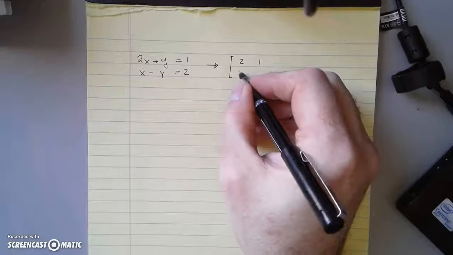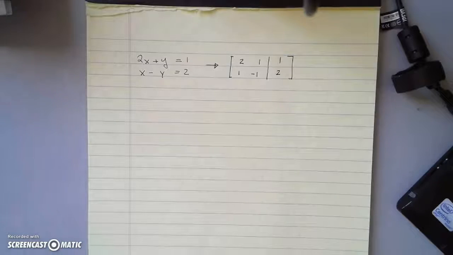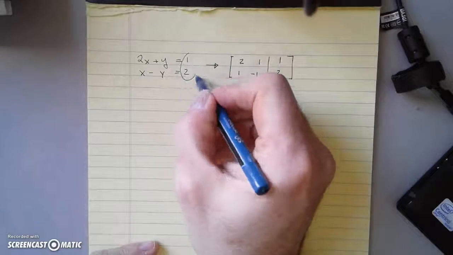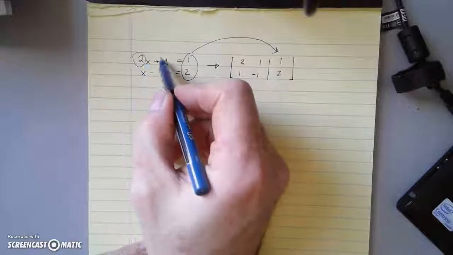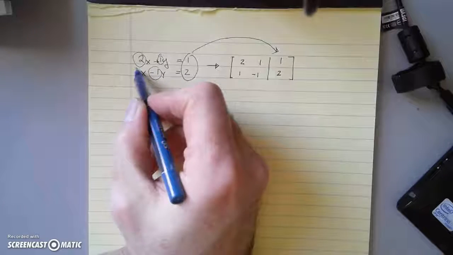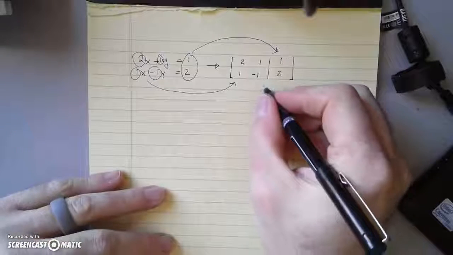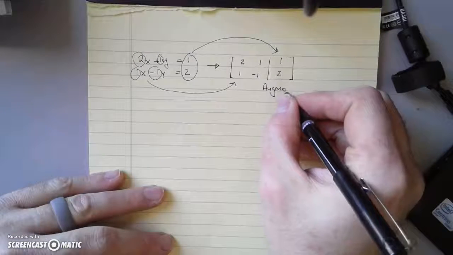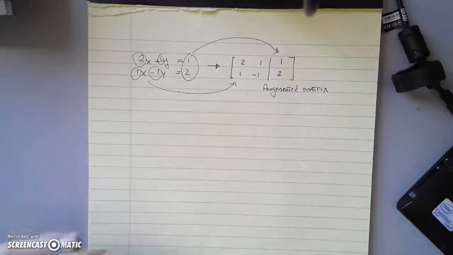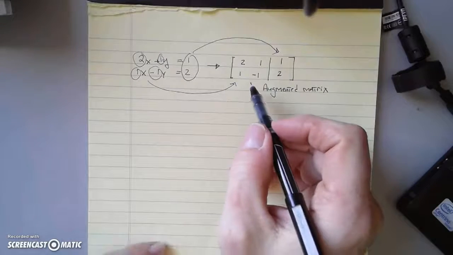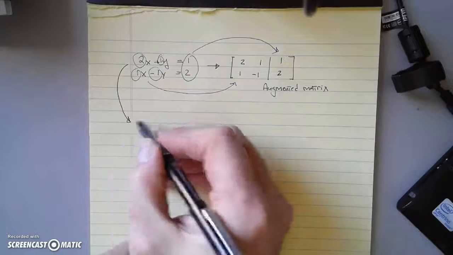We're going to keep the coefficients and the answers. So what just happened here? I took this stuff and I placed it over here. And then I took all the coefficients and I put them into here. And this is called the augmented matrix. And the idea is this is an abstraction, a computational abstraction, because we could view this system of equations